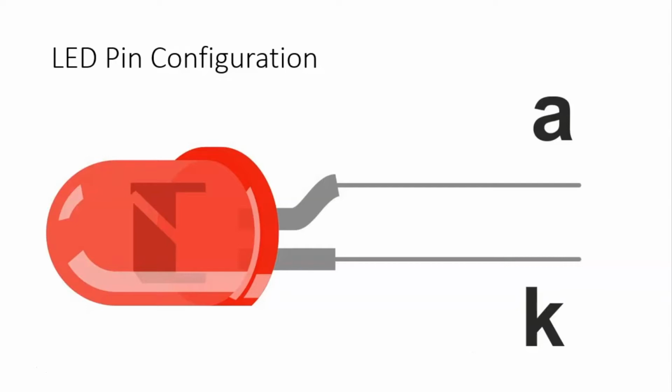Now remember the pin configuration of red LED. When you look at the inner part of the LED in some lighted background, you will see that there are two electrodes inside that LED. One has larger area and the other has a smaller area. So the smaller area electrode is actually anode here and the larger area electrode is cathode. So accordingly, when I will show you the connection diagram, in connection diagram anode and cathode are marked, so you have to connect them properly.